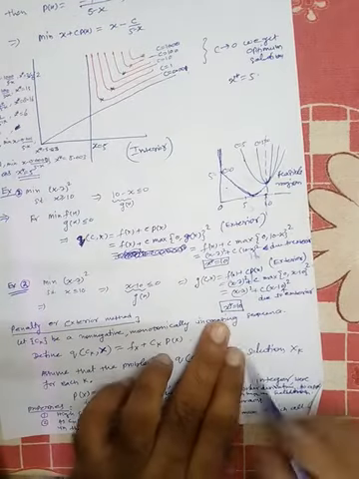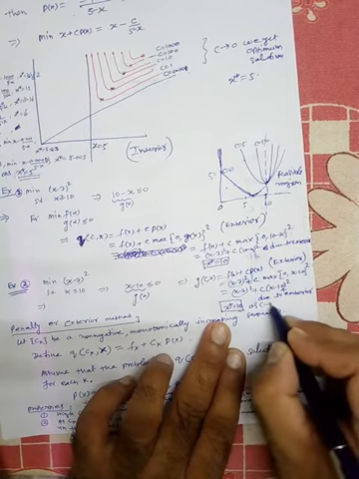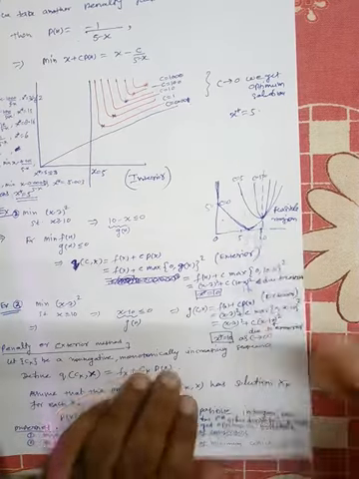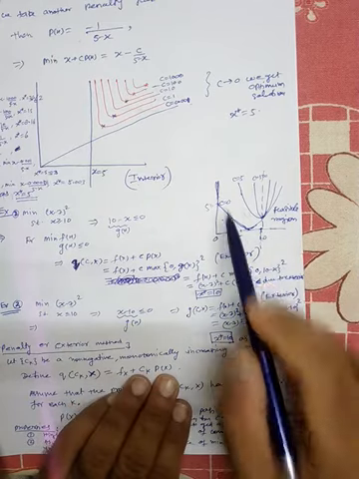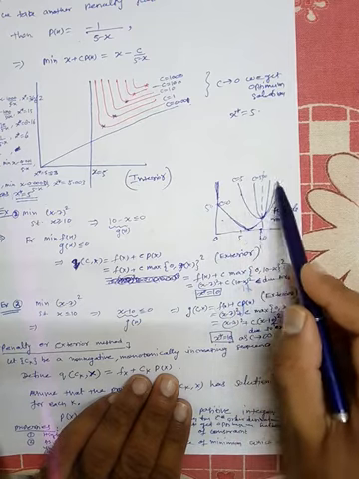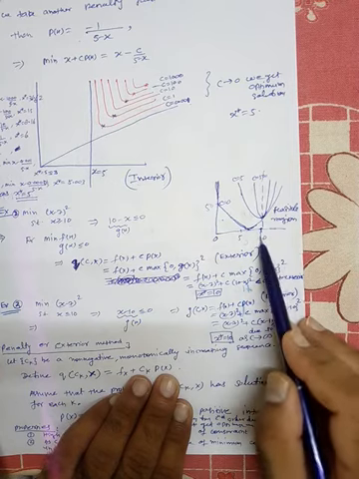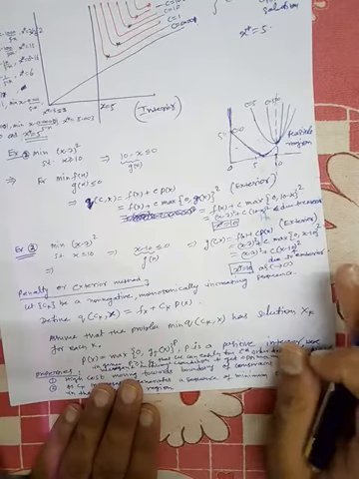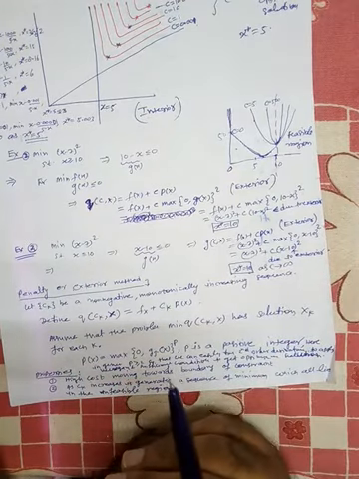This is represented here: x star is 10. This is the reason, as c tends to infinity. And you will see the graph. This is the boundary at 10. For c equal to 0, this will be the curve. For c equal to 5, this will be the curve. For c equal to 500, this will be the curve. And slowly you will get the solution near this 10. This is for the exterior penalty function. So this is the way to solve the problem. I think you understand the reason.